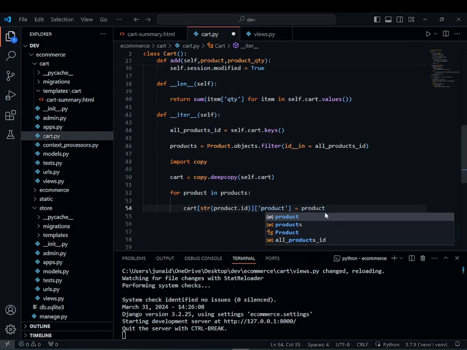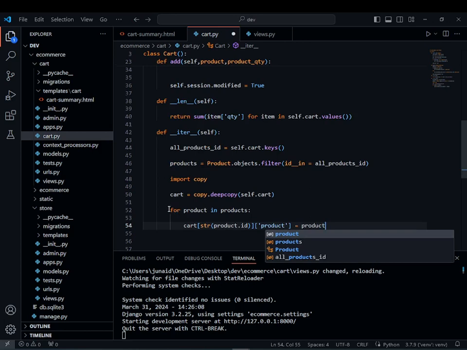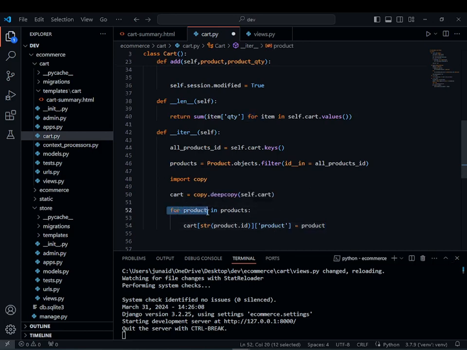And now what we want, so here what we are doing is for product, you can type anything here rather than product, but it's good to use product. So it's good to use the related name, like to our products. So we are saying that after creating that variable in the for loop, for product in our products that we declared here,